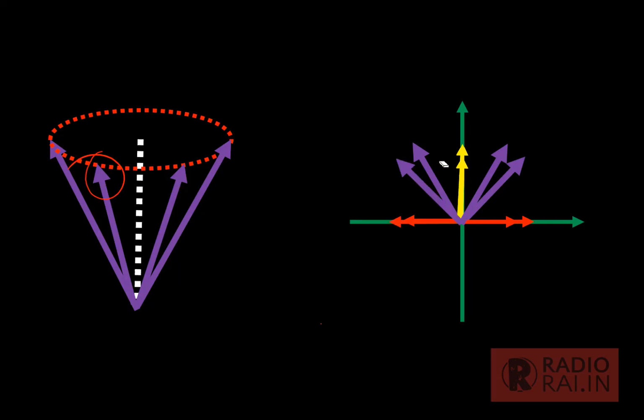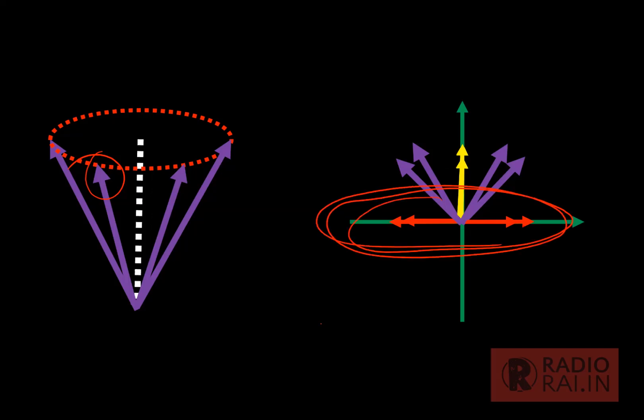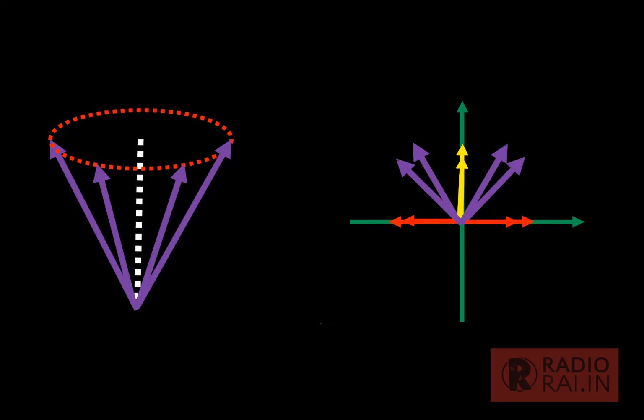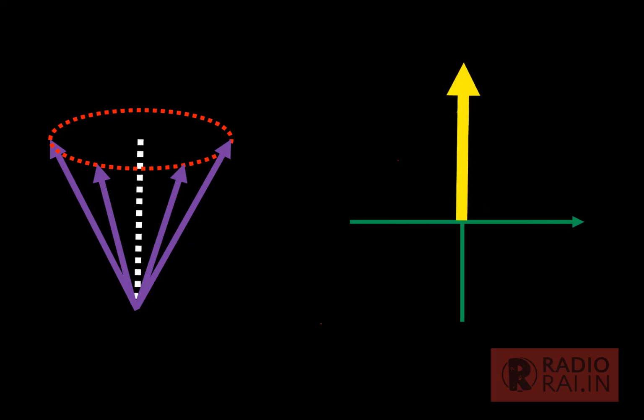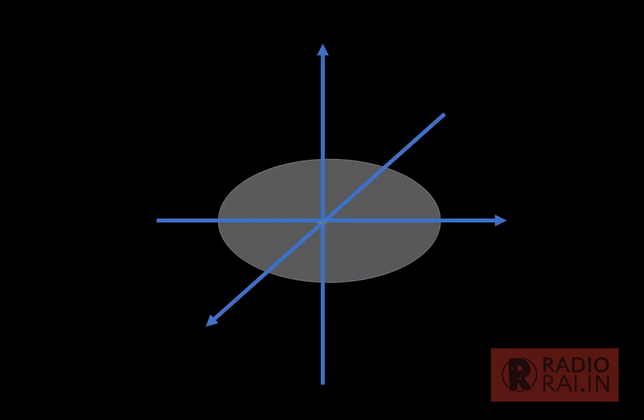Now if you see the net effect, all the components in this axis will get cancelled, and we get one magnetization in this longitudinal direction. This is called longitudinal magnetization. So whenever I keep a patient inside a gantry, all these molecules will align themselves, and a net magnetization is produced, which is called longitudinal magnetization.